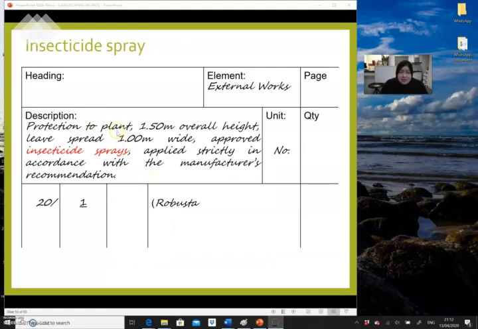So protect the plant. Okay, you have to mention the height, that's right, and then the width or the girth, and then the types of the spray, applied strictly in accordance with the manufacturer's recommendation. These are the details that you can get from your drawing. The item is still in number if you refer to section